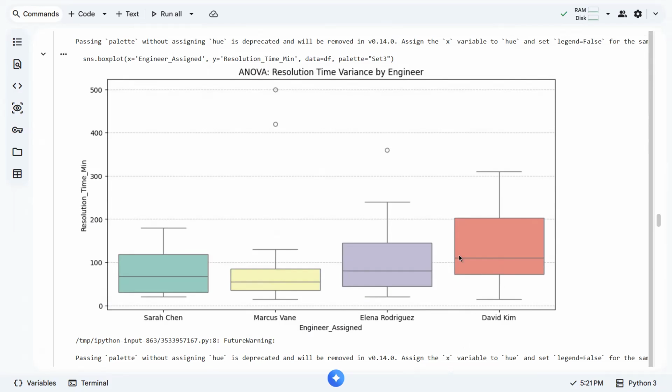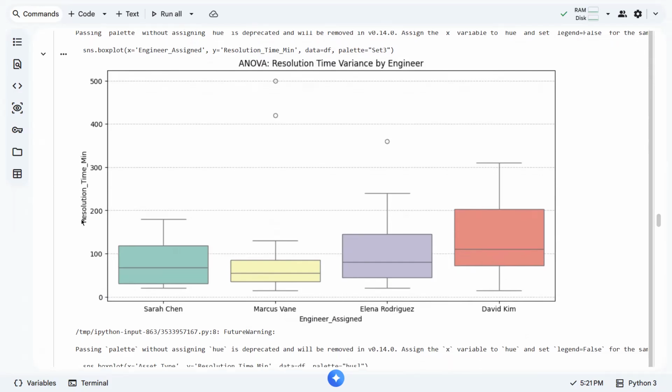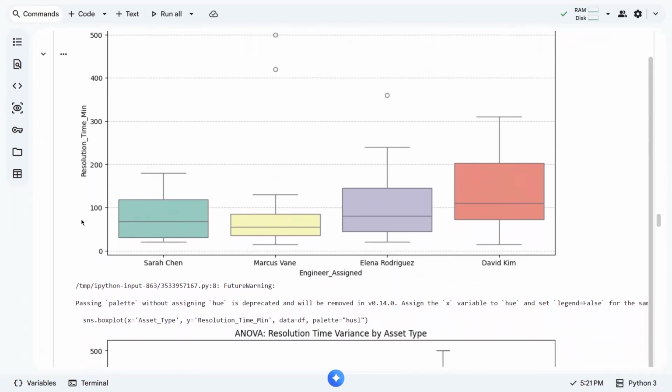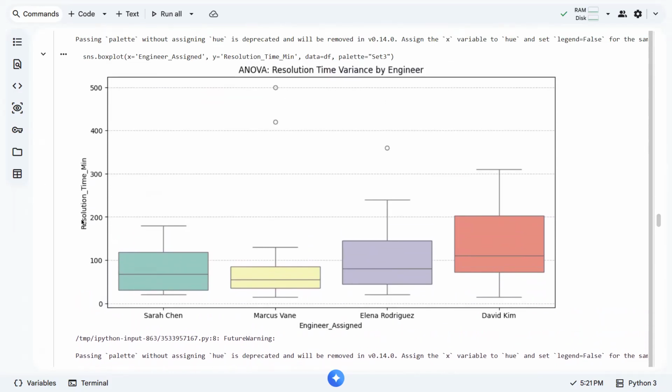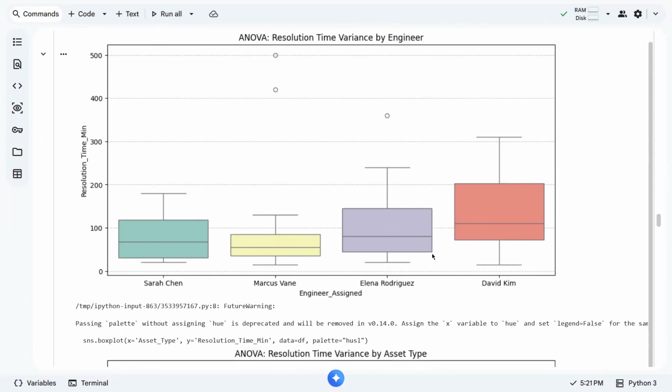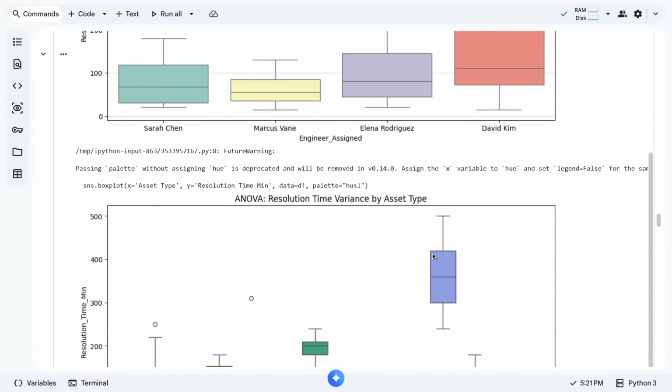So we have to investigate these factors that affect David Kim's performance in terms of resolution time. It doesn't mean that David Kim is not a good or competent engineer. Maybe there are factors that are affecting him. So we have to investigate those factors, right?